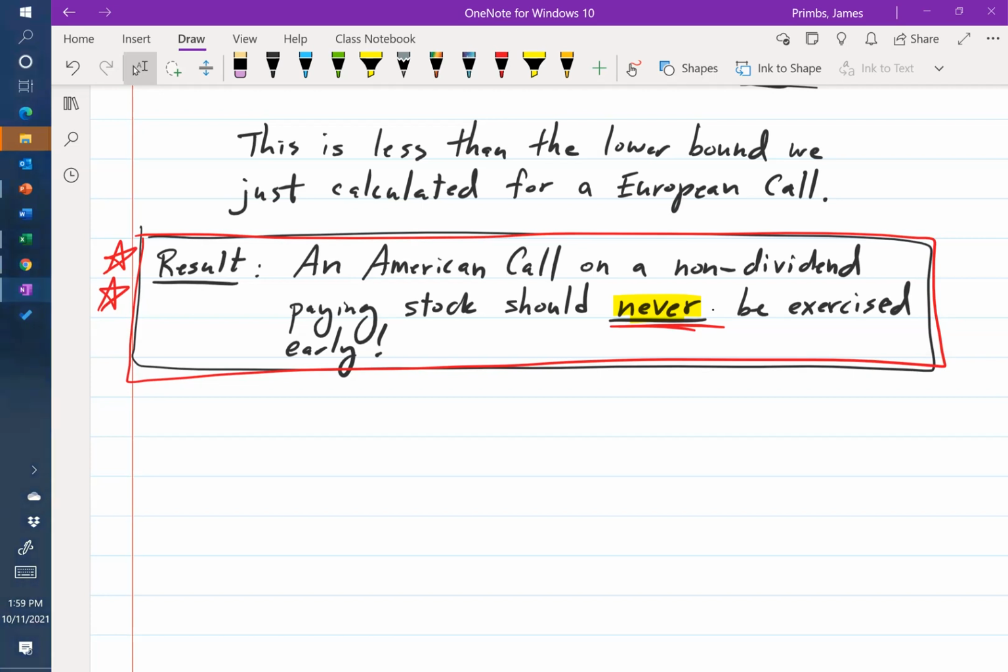So in fact, the other thing that follows from this is that an American call option on a non-dividend paying stock should be worth exactly the same as a European call option on a non-dividend paying stock. Why is that? Because it will never be exercised early. There's no value in being able to exercise it early because nobody will ever do it. Okay, kind of surprising? Yeah, but you need to know this, right? I said, don't get taken advantage of in option markets. If you go out there and you exercise early, you're doing something